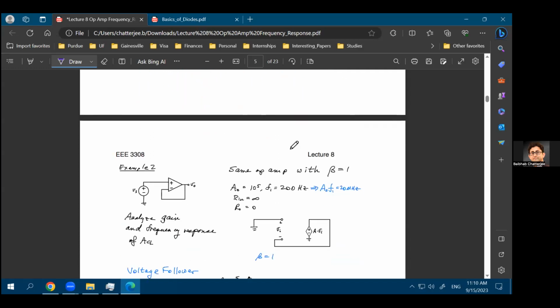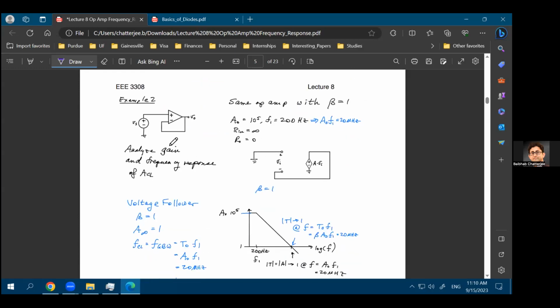Okay, is that part clear? Perfect. So if you look into another example over here,